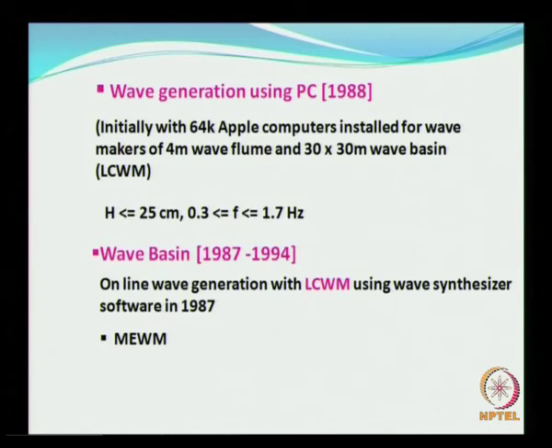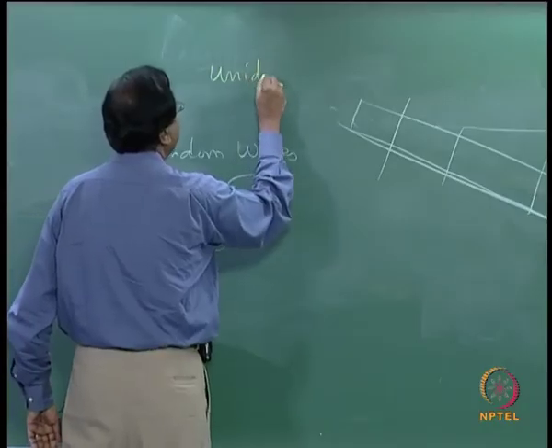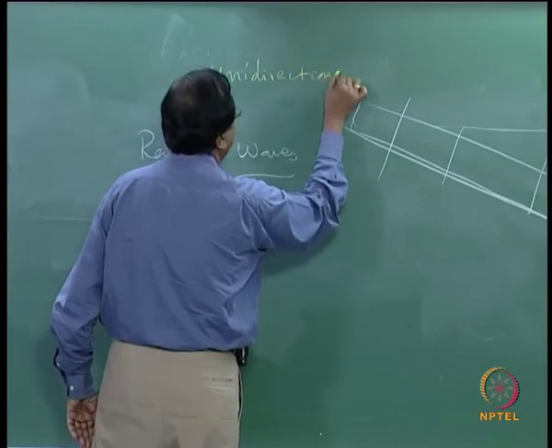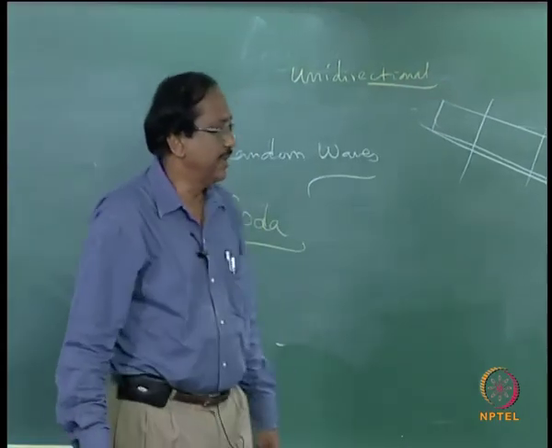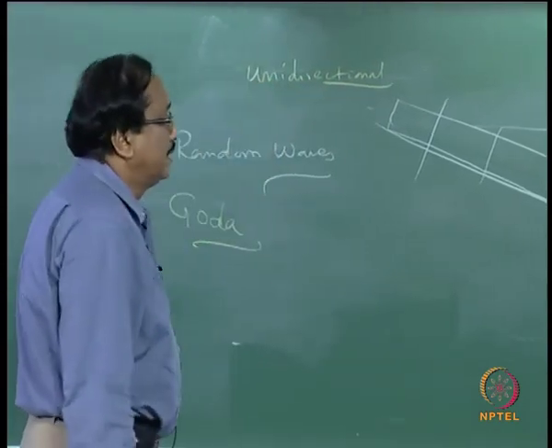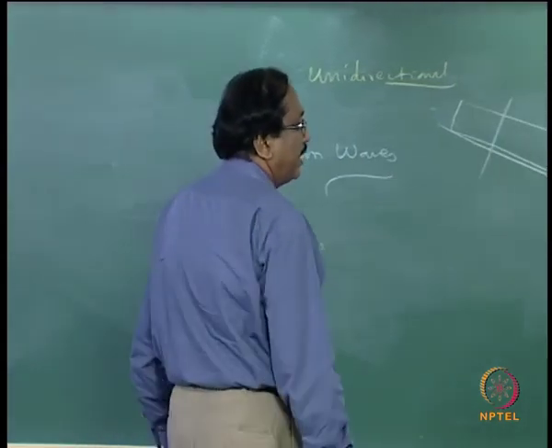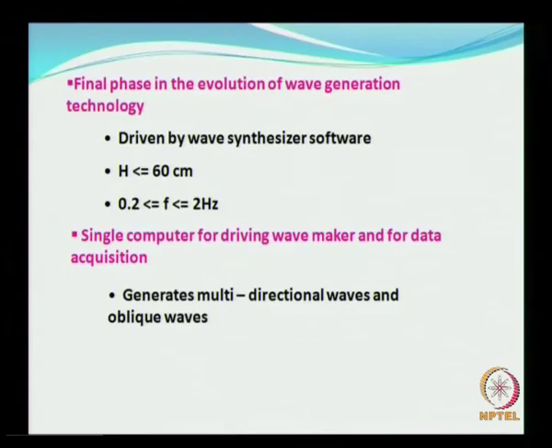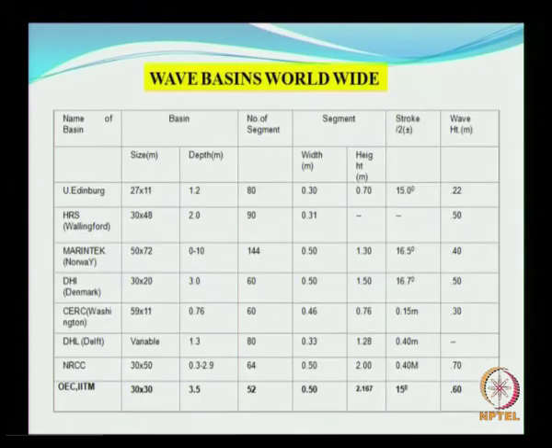As I said earlier, all that we have covered pertained to unidirectional waves, and we went in for multidirectional waves in the mid 90s. So that was the final phase in the evolution of wave generation technology. We had a single computer that could drive the wave maker, and the same computer can be used for data acquisition. The frequency range and the wave height that could be generated are given. Before we go into that, let us have